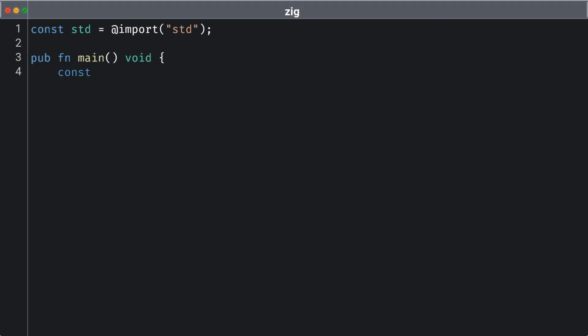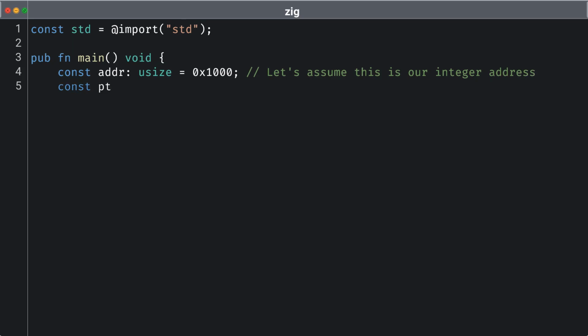In this section, we'll see how to convert an integer address into a pointer using Zig's @ptrFromInt function. Now let's write the following code where we start by declaring a constant addr that simulates a physical memory address. In this example, we use the value 0x1000. We then utilize @ptrFromInt(addr) to convert this integer address to a pointer type, specifically a pointer